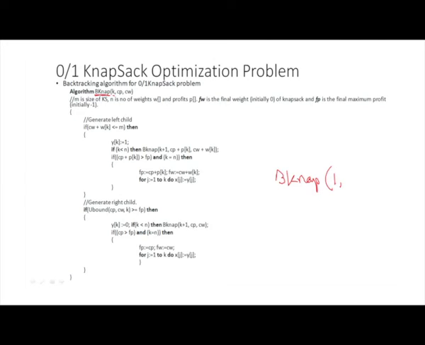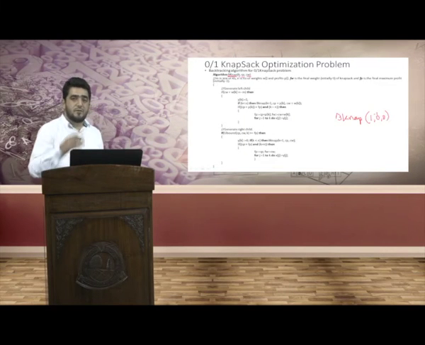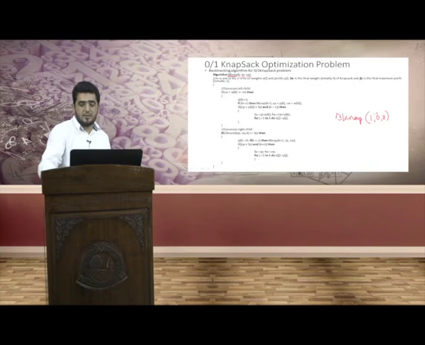of 1, 0, 0. I'll just illustrate what this basically means. It has 3 parameters, this function, as you can see. The first one is the item number for which we are calling this function. Initially it will be from item number 1 onwards. CP here is the current profit. Initially the current profit would be 0, or we can set it to -1 as well. And the current weight, that is the weight that has been added to the knapsack. So, initially it again will be 0. So, we can call this function at the start as BKNAP of 1, 0, 0, or BKNAP of